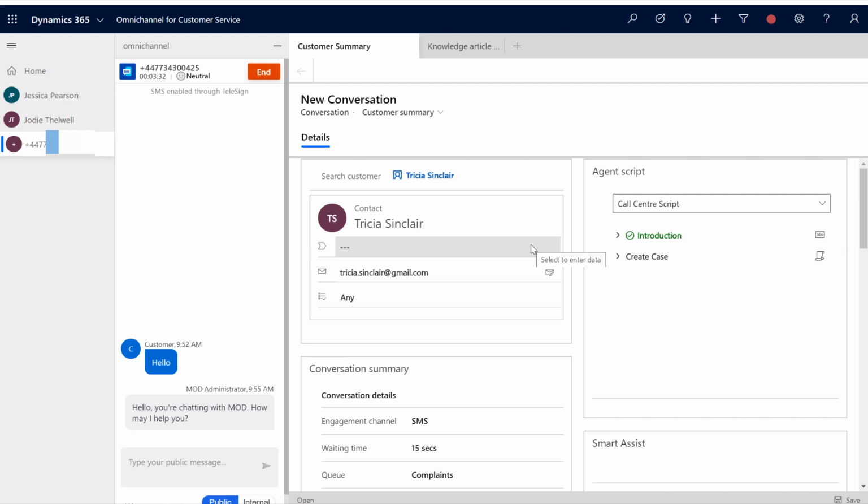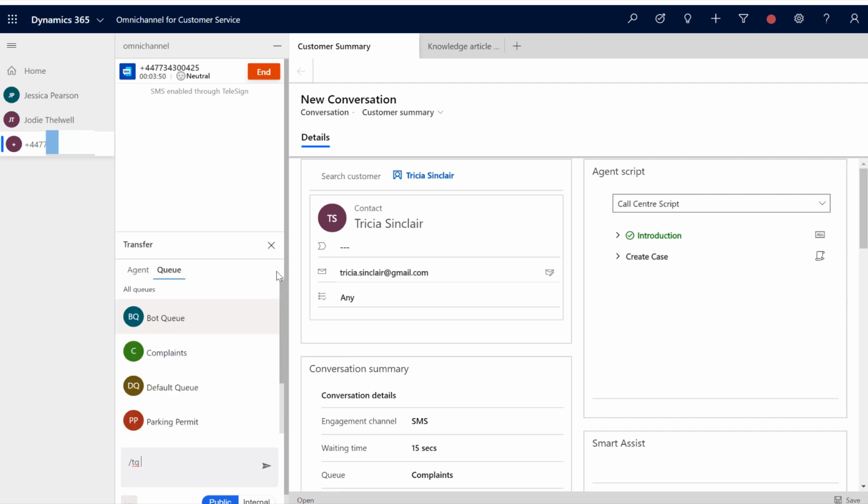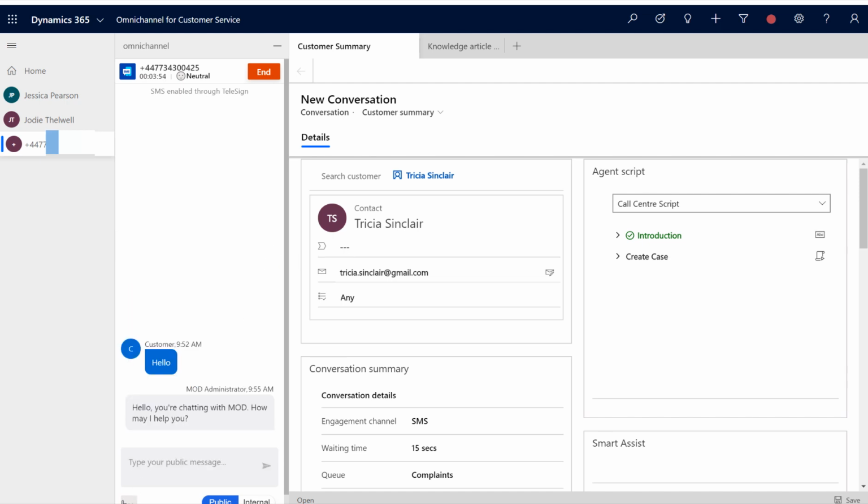The agent might actually go off shift. So what you might actually want to do is transfer the SMS to a different queue, which you can do. What this means is that someone else in that queue could pick up the next message that's sent from the customer, and that conversation can continue.